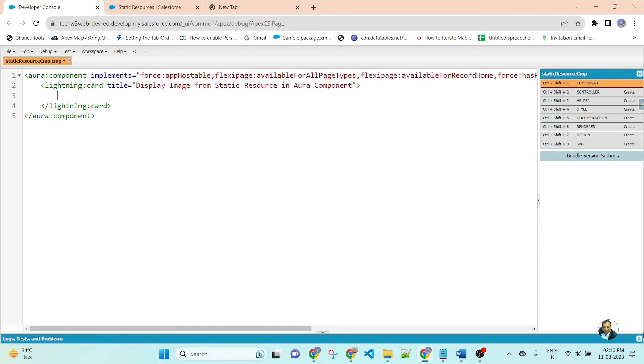Inside the lightning card, I will create a div with class SLDS-p-around_medium. Here I am creating a section, h2, with class equal to slds-section__title.